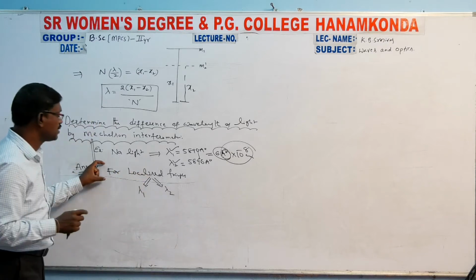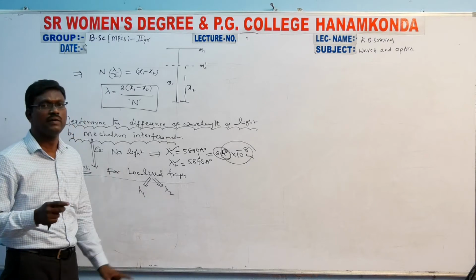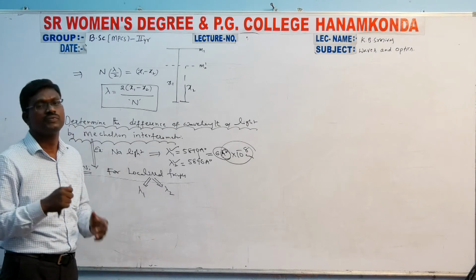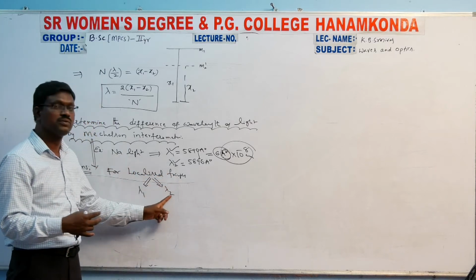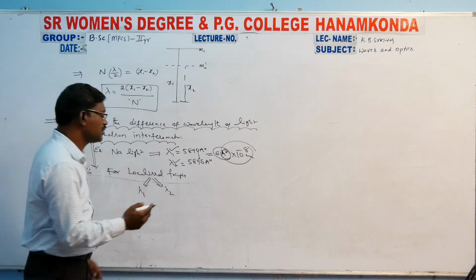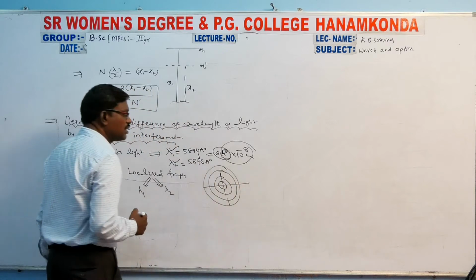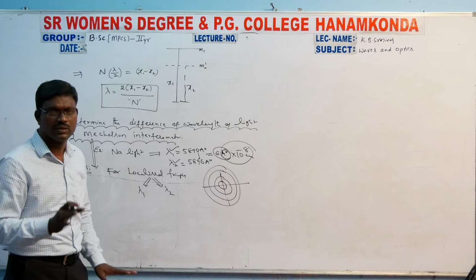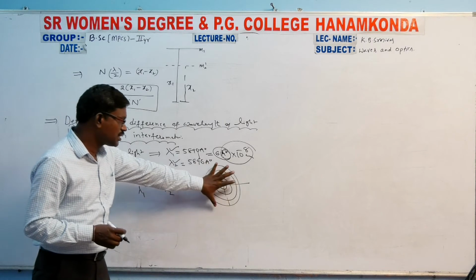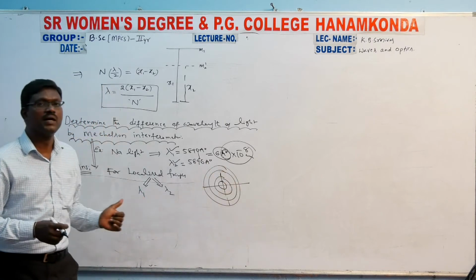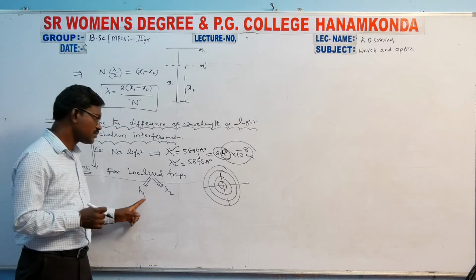That is why, after forming sustained localized fringes due to these two wavelengths, we observe only one type of fringes. The fringes formed due to these two wavelengths are combined, and we observe fringes like this. These fringes can be viewed through the telescope in the interferometer. So these fringes are forming due to both the lambda 1 and lambda 2 wavelengths. Is that clear? Just imagine.